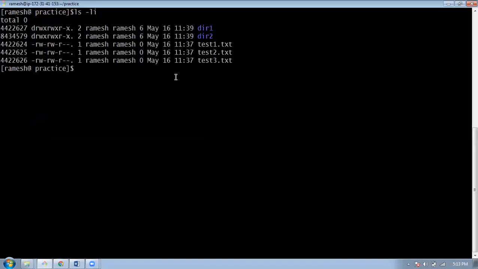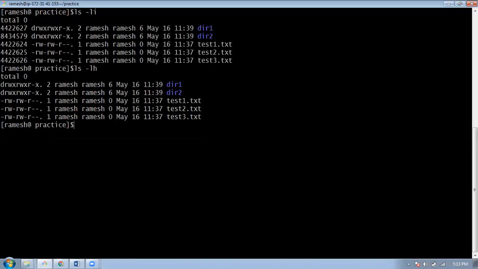You can also do -lh, the human readable format. So here, if you have more size, you can see it here. So the size will come in the human readable format. We have 0.5, so it's not showing it.